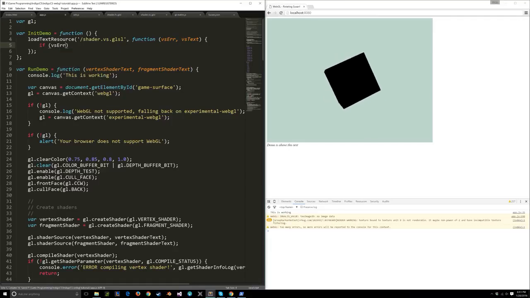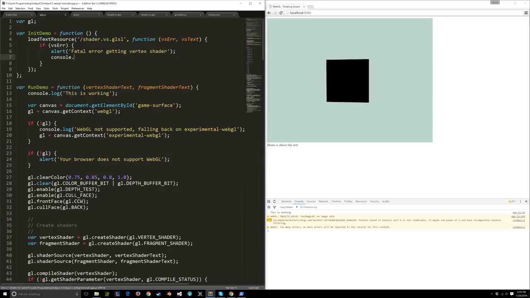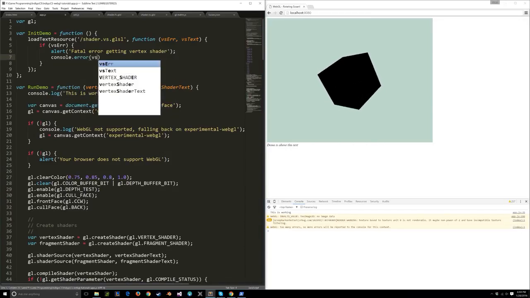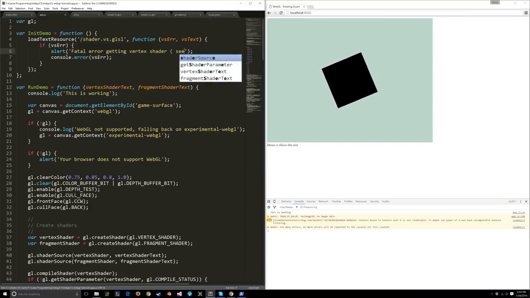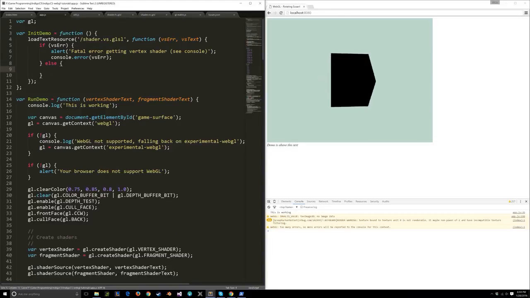Now the first thing I need to do is check to see if there's an error. If vs error equals null, this will be false, so it won't go into here. So alert, fatal error getting vertex shader. Console.error, vs error. Else, so if we succeeded, it's going to come down here, and I'm going to then load our next text